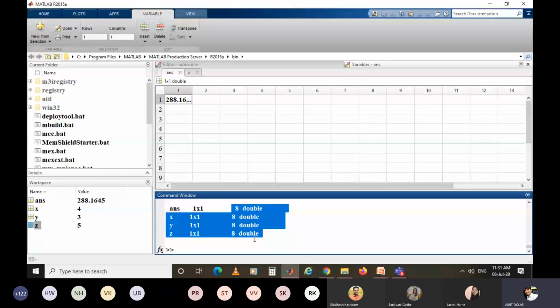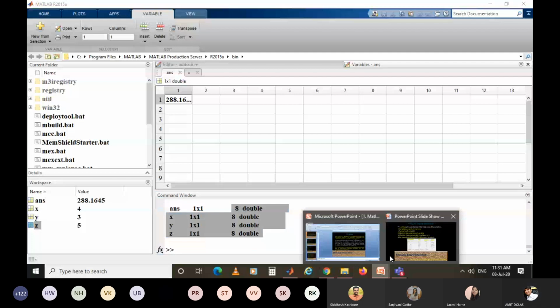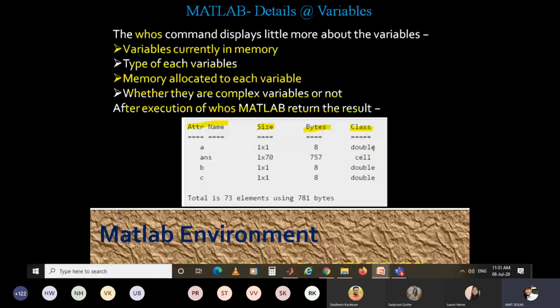We'll see class and data types later on because we are moving point-wise, looking at the syllabus. So here are two important commands: who, if you forgot what variables are in your command line, and whos, if you want to extract certain information about the size of a variable and the number of bytes. Here I'll take a bit of a pause and I'll come back to you.